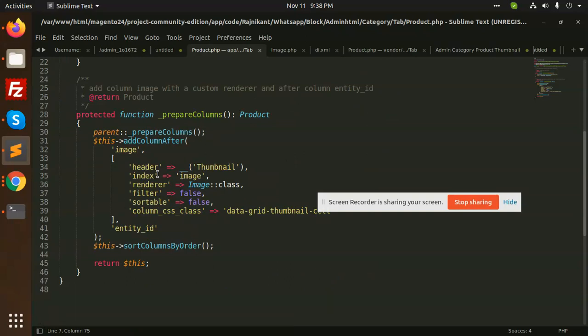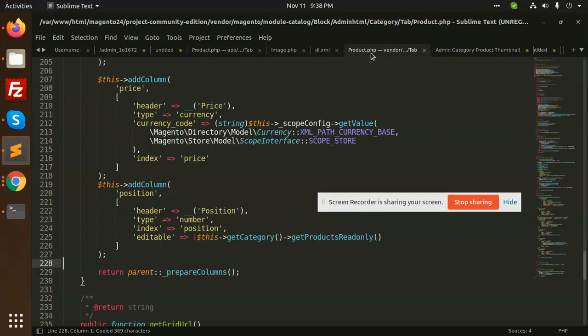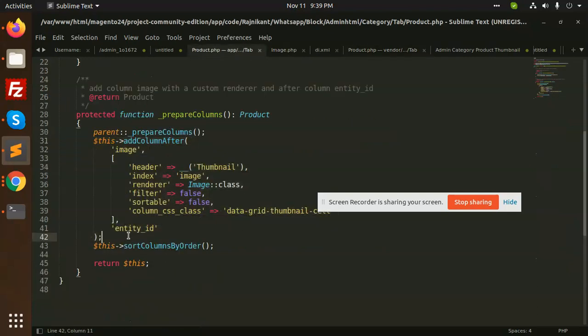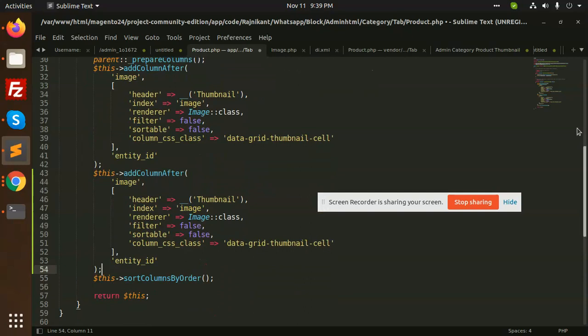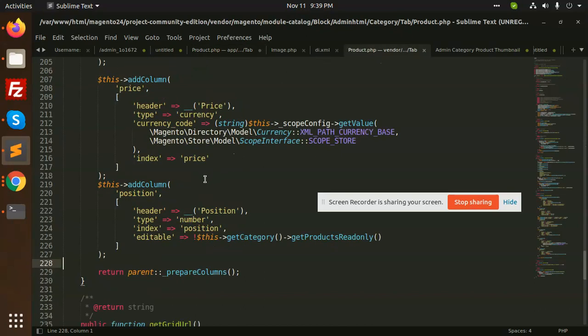So here you can also add columns. Let's check how we can add the columns also. Let's copy this and see how they have added it. addColumn with prepareColumns, and let's go to adding entity ID. Okay, so here we have entity ID.